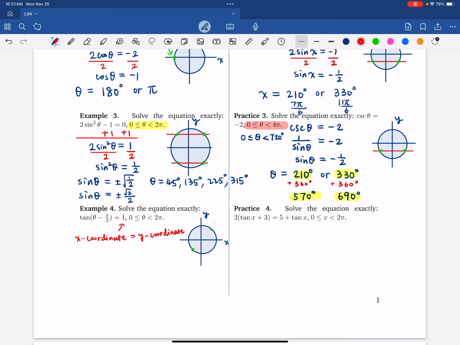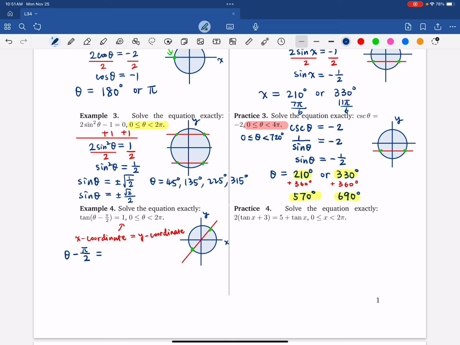It's basically the diagonal of the first and the third quadrant. You're going to find 2 angle measures whose coordinates are the same. They're identical. And in that case, the tangent will be 1. So that means the angle that we have right here, which is theta minus pi over 2, using the unit circle, it is equal to,